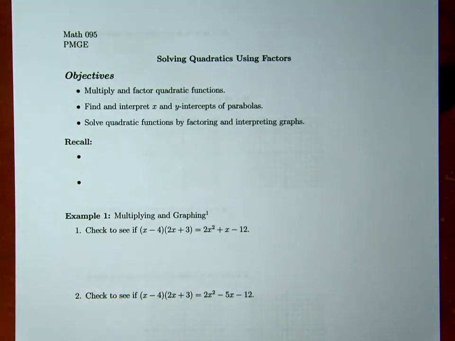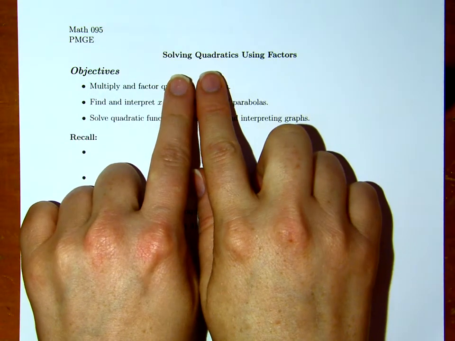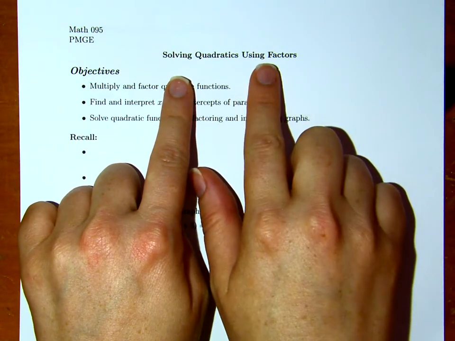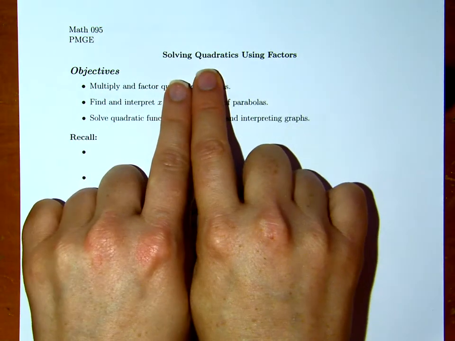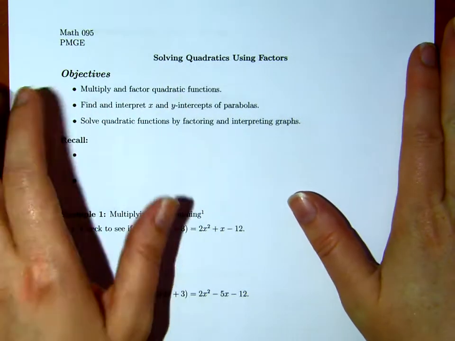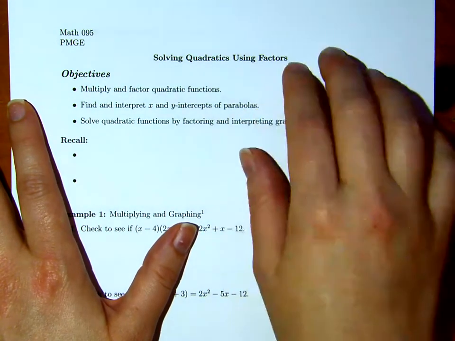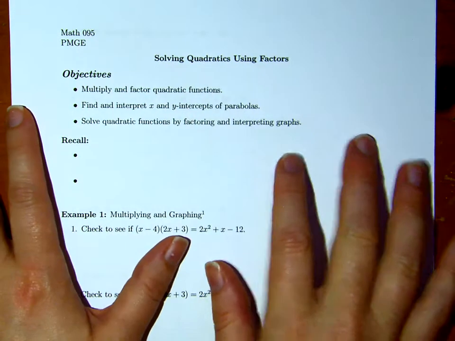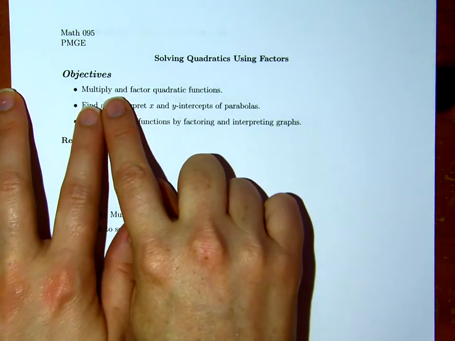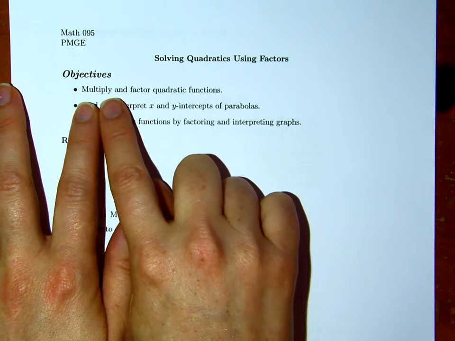Section 4.9 is all about solving a quadratic equation and using the factors to do so. This is not the only way to solve a quadratic equation, of course, but it's one way, and it's a kind of step into solving quadratics. And remember that in section 4.8, we multiplied